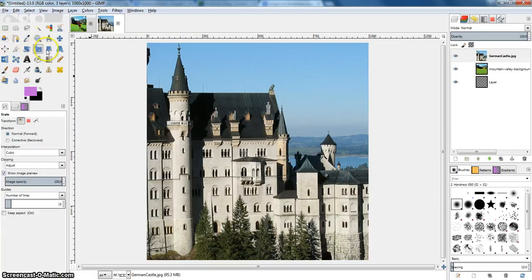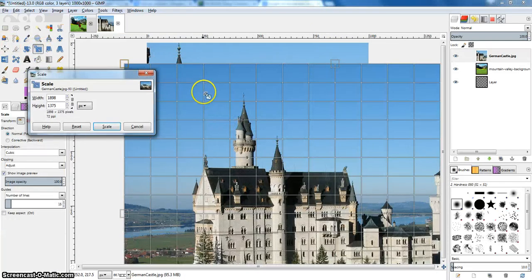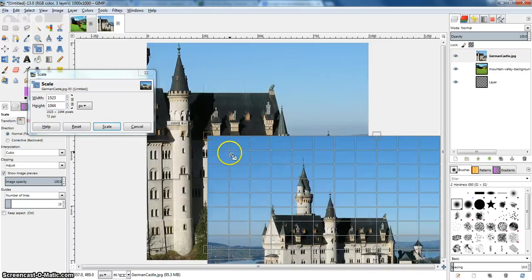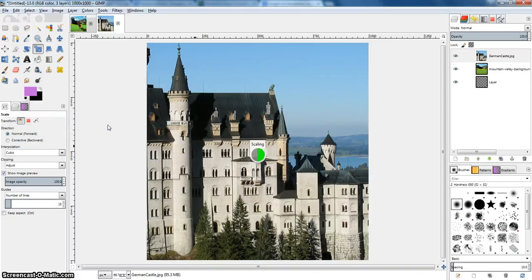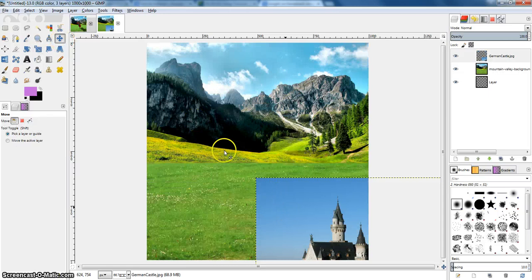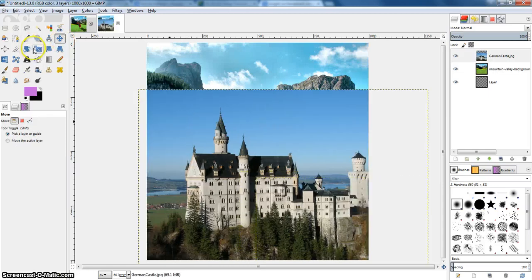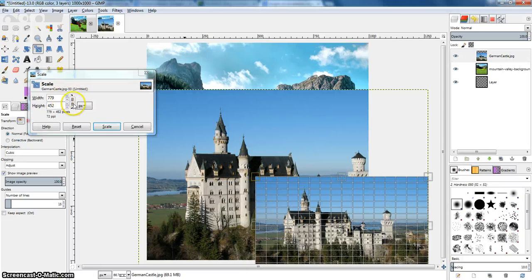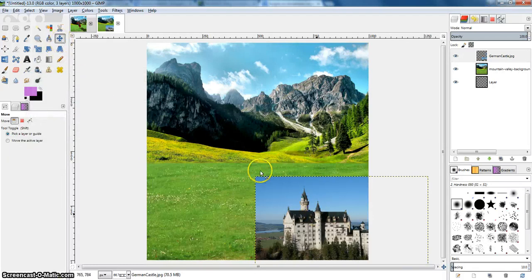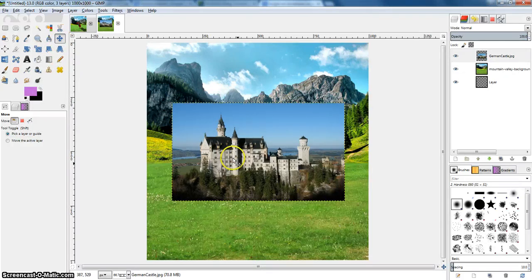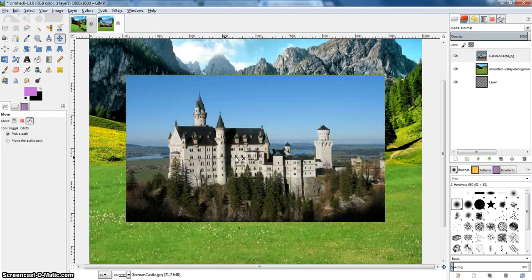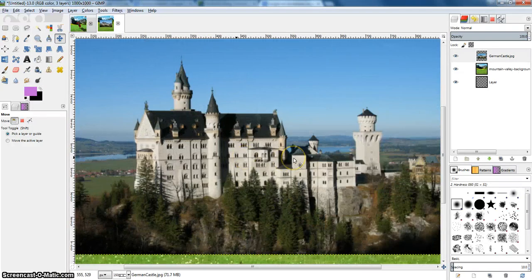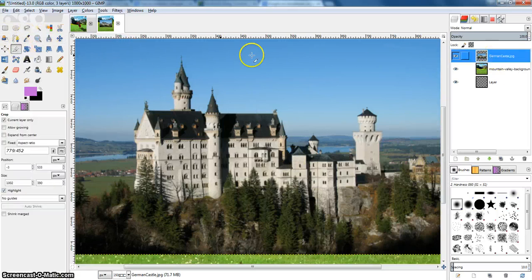Alright, so that's much too big. So I'm just going to scale that down. Scale down a bit more. Now if you connect these chains, it'll scale it down correctly, so it won't lose any information. But if you want to manipulate it in any true way, and make it wider or taller, but want to keep the good look,